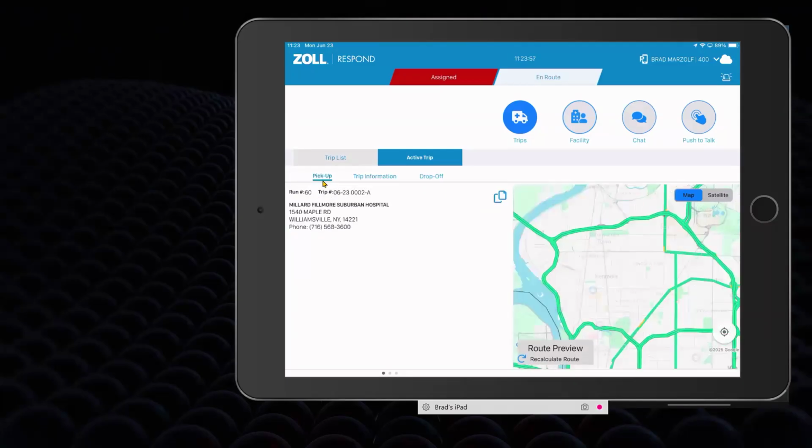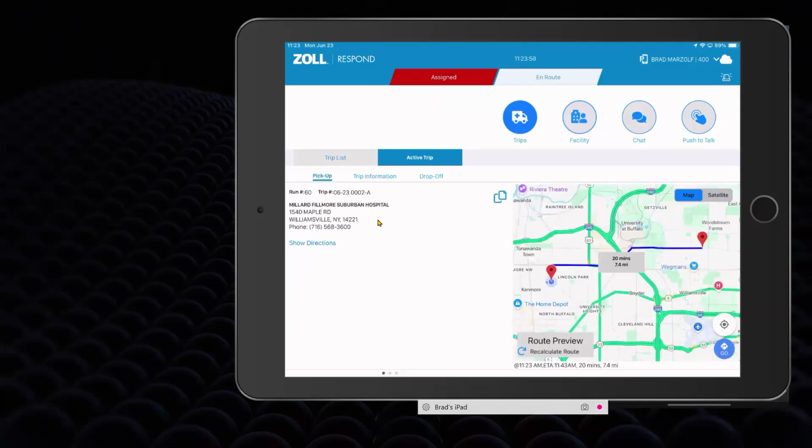So if I go back to that pickup location, on here you'll also see a map. This is going to show my current location and the pickup location. In this case, it's 7.5 miles away, 20 minutes away. This is using Google Maps to generate this, so it's pretty accurate. It's taking into account real-time traffic. So just like using Google Maps to navigate in your car when you're driving around,